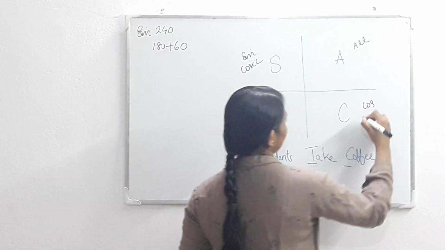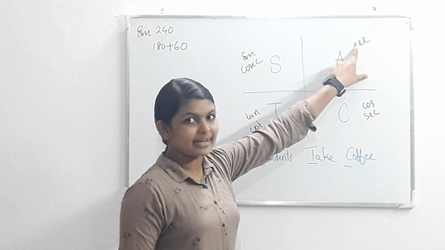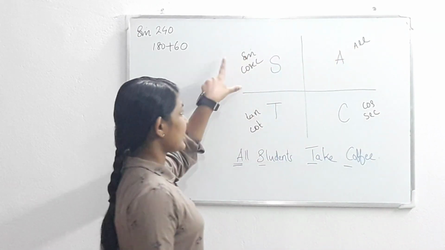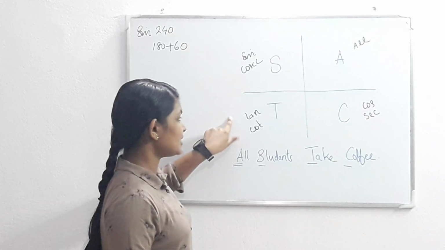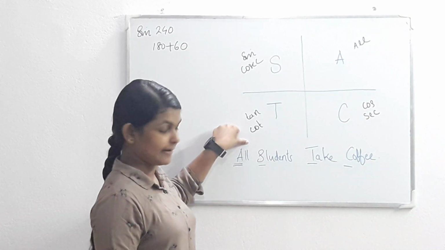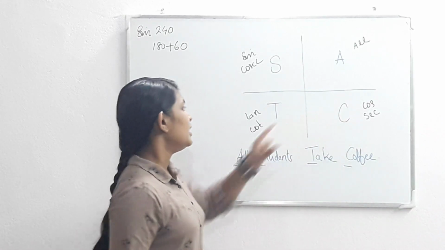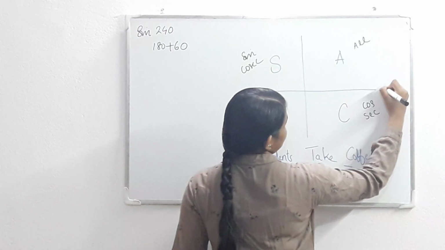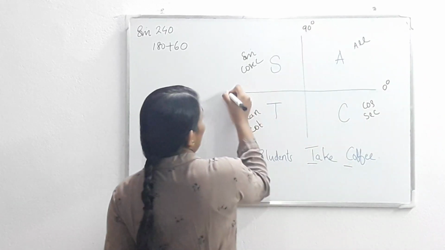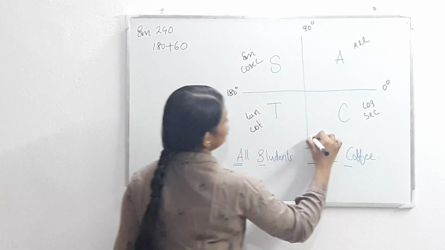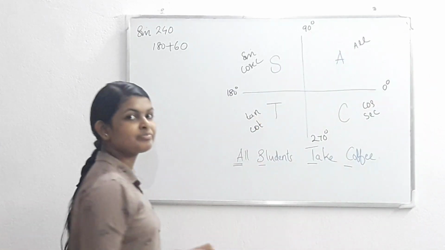It is sec. So in the first quadrant, all trigonometric ratios will be positive. In the second quadrant, sine and cosec will be positive. In the third quadrant, tan and cot will be positive. In the fourth quadrant, cos and sec will be positive. Now, what are these angles? Yes, this is 0 degree, 90 degree, 180 degree, 270 degree, 360 degree. Again it will go like this.